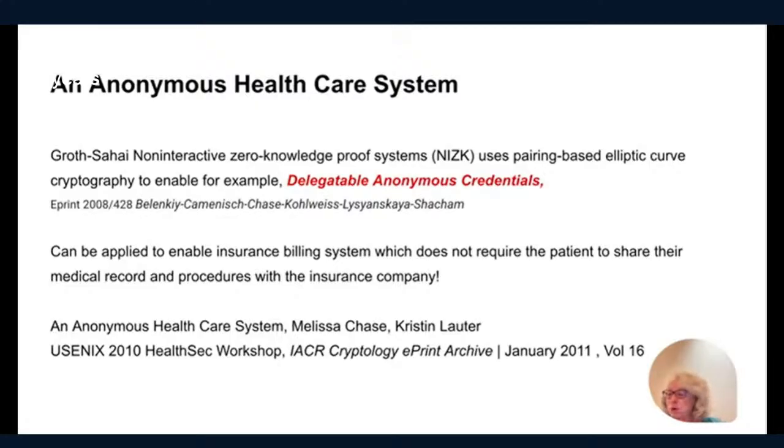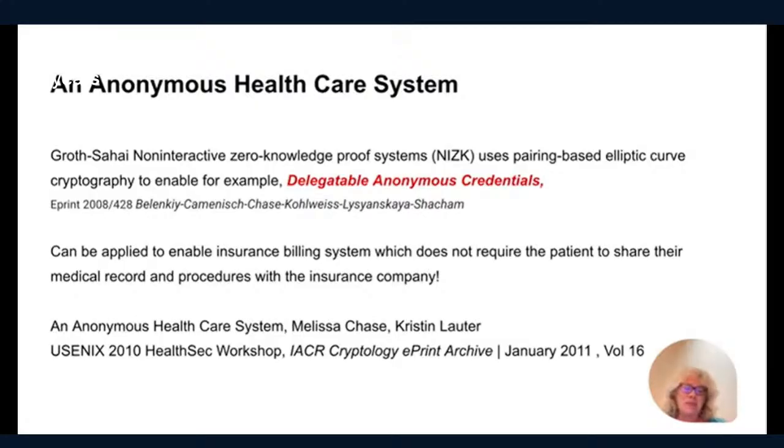And so I thought it would be nice to be able to protect the medical data end to end. So the delegatable anonymous credentials can be applied in this setting because when you go to the doctor and they order some kinds of procedures or tests, they need to get compensated for your visit. This can be enabled with a credential system, which allows you to delegate tokens to various other parties in the healthcare system so that they would be able to have valid tokens and the insurance company would be able to confirm that it should make the payments without knowing exactly what the